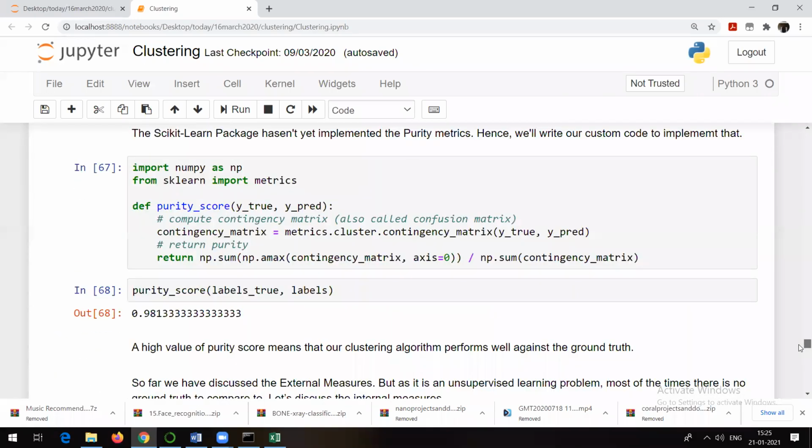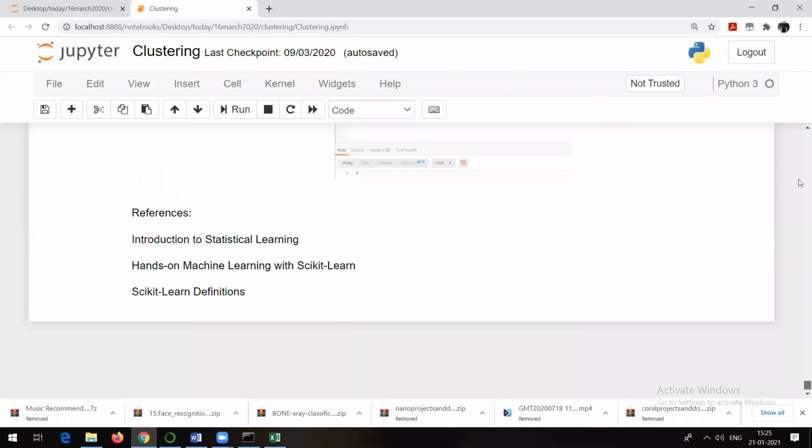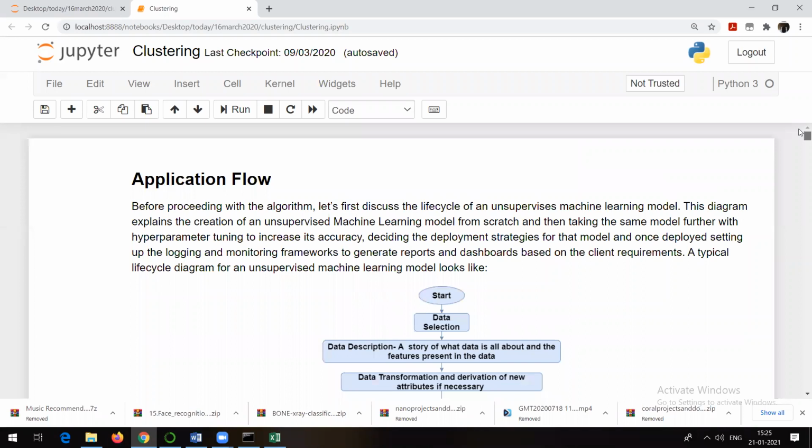K-means was the only part in the syllabus, and that's why that is the thing we have discussed here. So these are the things I wanted to discuss today. We are done with the K-means algorithm. Maybe in the next class we will start with another algorithm according to the syllabus.